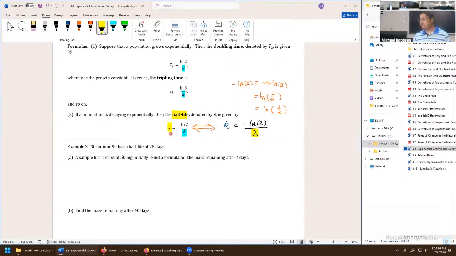Well, that's the review of interesting formulas for both growth and decay problems, half-life being the more important formula. This would be a good one to write down, say, for your exam 3 notes, in case a model like this comes up. More likely than not, I'm going to give you a half-life to go along with it.